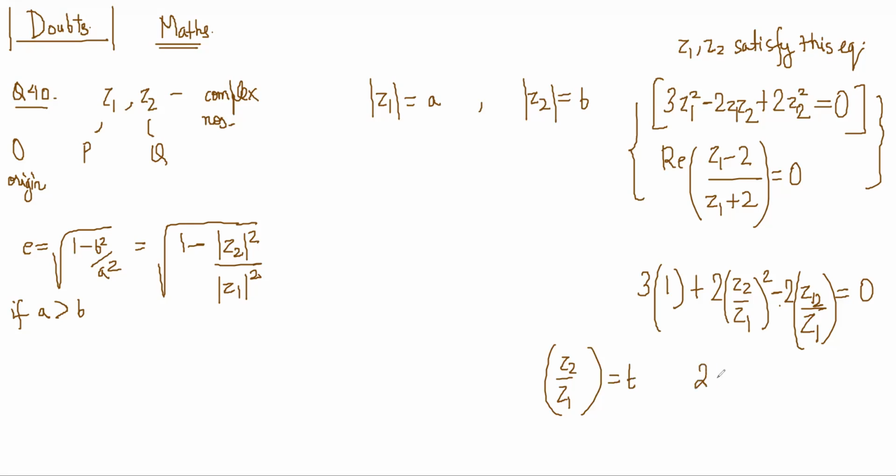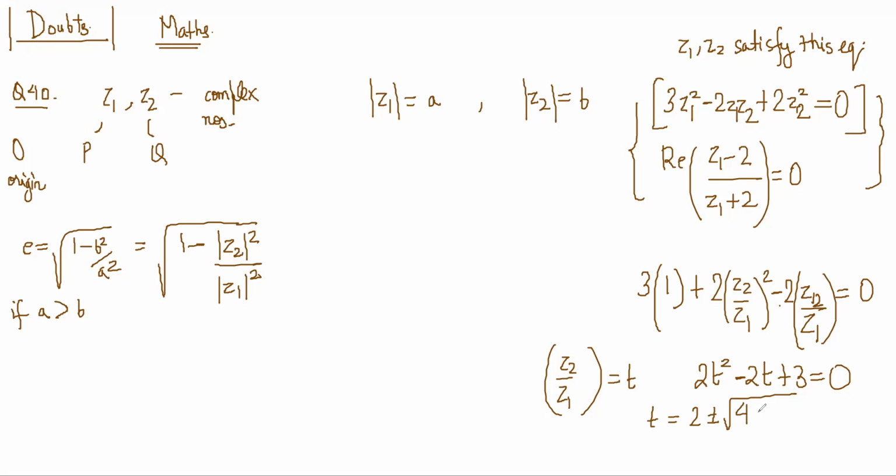Oh, okay. 2t square minus 2t plus 3 is equal to 0. So do minus 3 plus 2... Minus 3, no. It is not factorizable, no? 6, no. So you will have to solve it, right? t will come out to be 2 plus minus root over 4 minus 4...